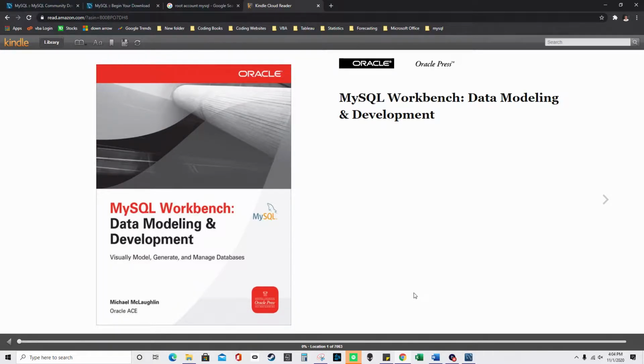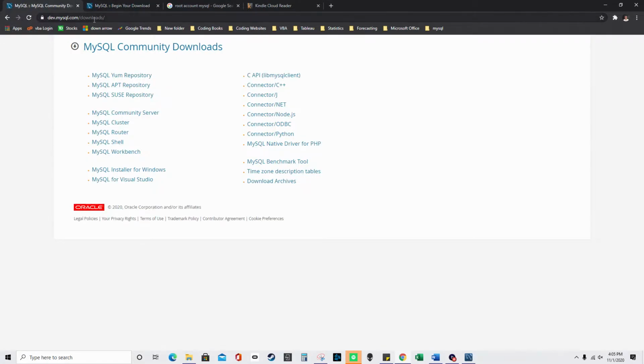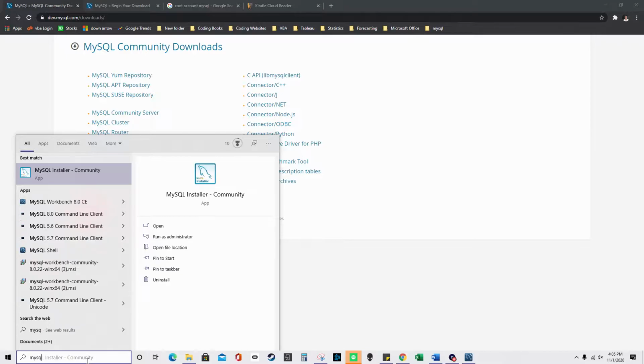And then I'm going to show you how to create connections on your Workbench so you can log into the different SQL servers a little bit faster. So this link right here, you basically log in and you sign up for an Oracle web account, and that gives you access to this program. So you just go over here to this link and then you install MySQL Installer for Windows, and then you open it up down here, MySQL